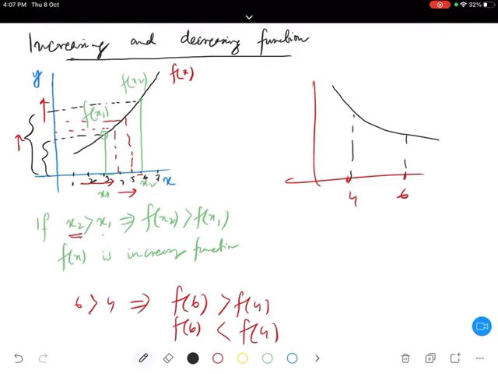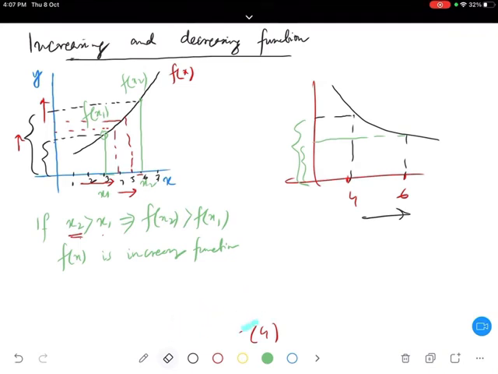दिस इज डिक्रीजिंग फंक्शन. This one is decreasing function. Because when I keep on increasing my value of x, this height is decreasing, right? Yes or no? Am I clear? Understood, guys? Yes or no? आया कि नहीं आया? This is the basic concept. Actually, this thing you don't need while solving the question. This is the basic concept of it.